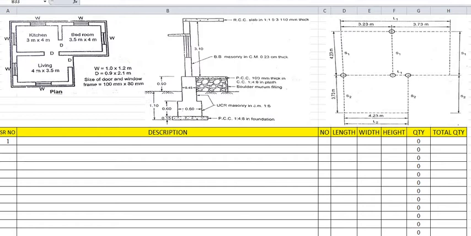Here indirectly the height of boulder filling has been given. The total height is given as 0.9 meters. These dimensions are in meters. This 0.6 indicates meters, 0.45 indicates meters, 3.10 indicates meters, whereas this 0.15, the height of PCC, is mentioned in meters, and the height of the first UCR, 0.6, is mentioned in meters, whereas the height up to the GL is mentioned as 1.10 in meters, and 0.9 in meters.